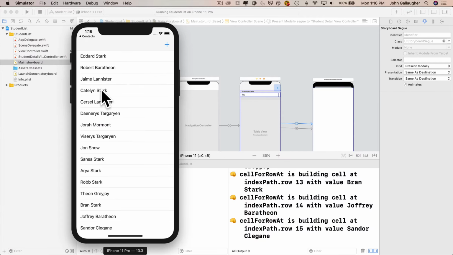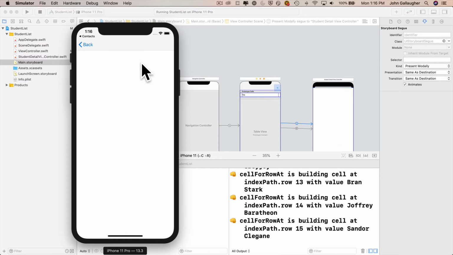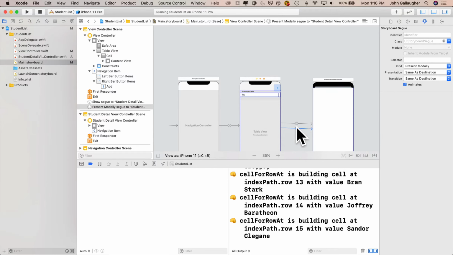If I click an element here, this is my show segue going over, and I get my navigation controller. However, I click on plus, I bubble up from the bottom, which is great, but I don't have any buttons up here. And since I'm going to be adding a new record, I'm going to want cancel and save to show up here. In fact, I'm going to want cancel and save to show up for this segue as well. So how do I make sure that I can add not only a cancel and a save here, but also a cancel and a